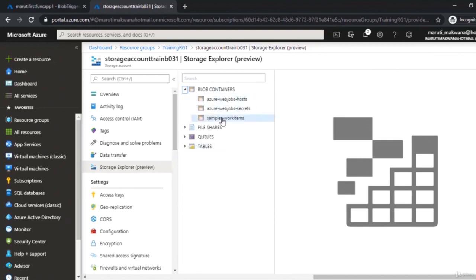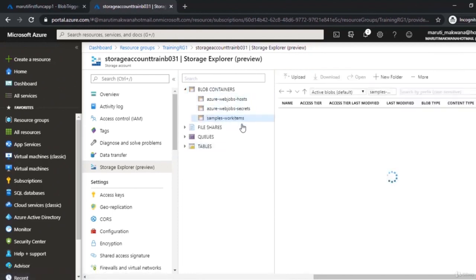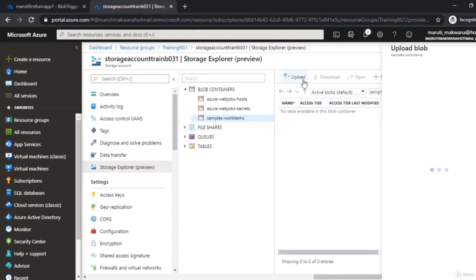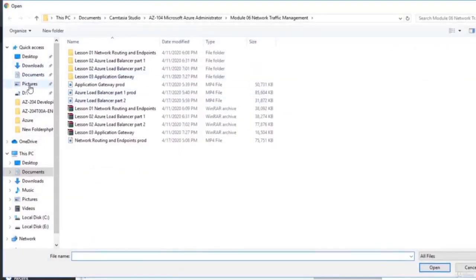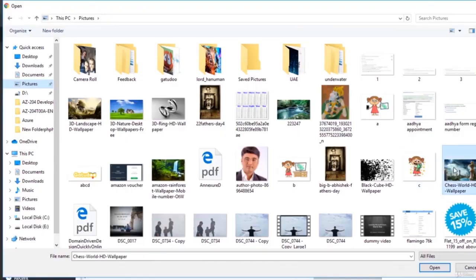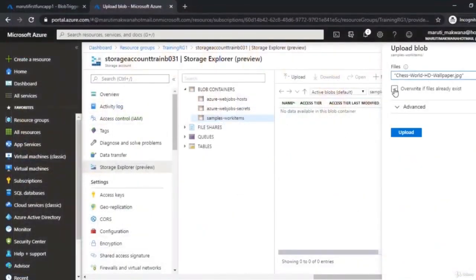If I expand, I have a sample-work items. This is that container, and my function is continuously looking for this particular container. Let me upload one file into this. So I'm going to click on upload. We'll choose one of the files from our machine. I'm choosing one of the files, and then I'm going to say overwrite this file if it's already there, and